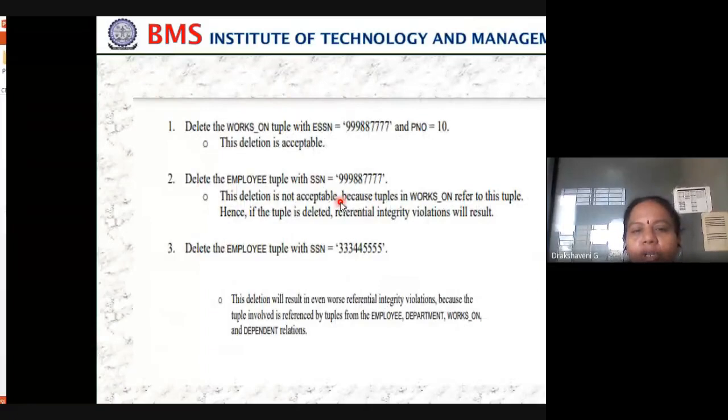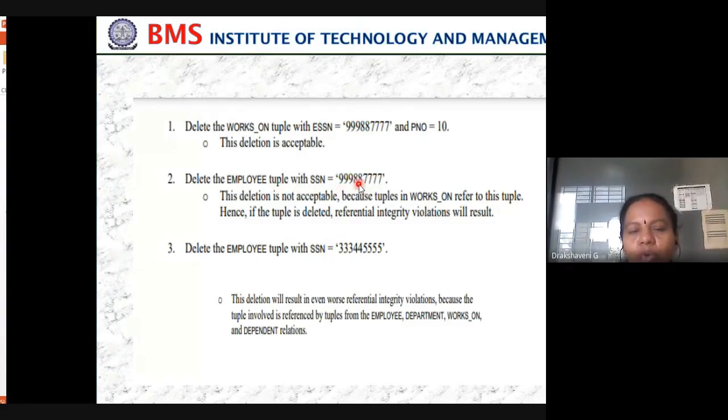In the same way, deletion also. We have to take care which one we have to delete. The first one will work as a delete operation. Whereas in the second one, the social security number cannot be deleted. Why? Because he is working on 2 projects. One project he has done, but still one more project is there. Then how can I delete? Because he has still not completed. So I cannot delete. These problems will be there.